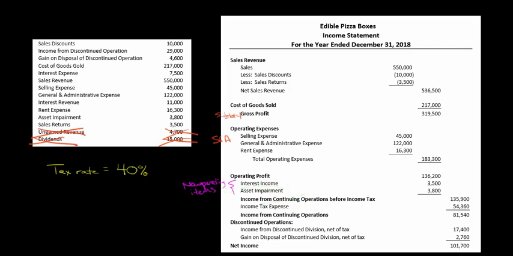So if an investor was looking at our firm, they could say, hey, wait, this type of expense, this asset impairment, I don't think that's likely to happen again next year. So then they could just factor that out when they're trying to predict what net income will be next year. And so that's a really nice feature of the multi-step income statement compared to the single